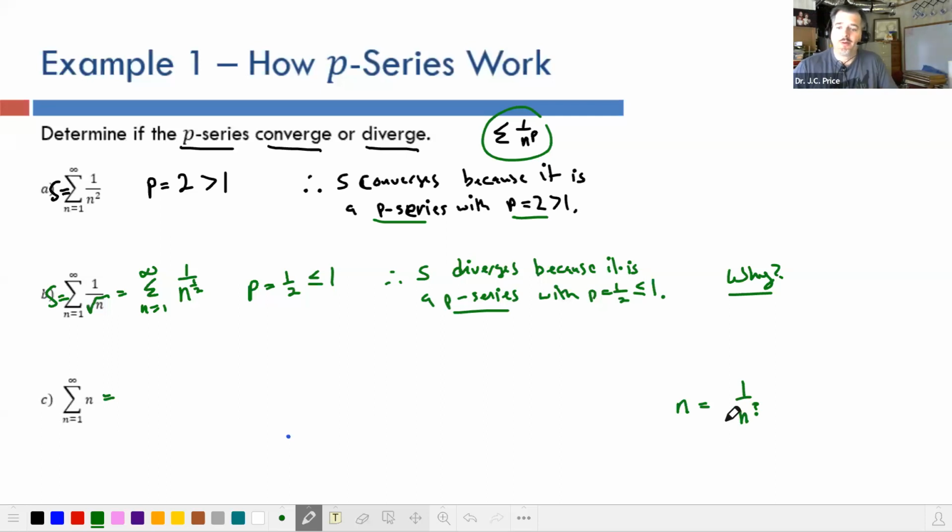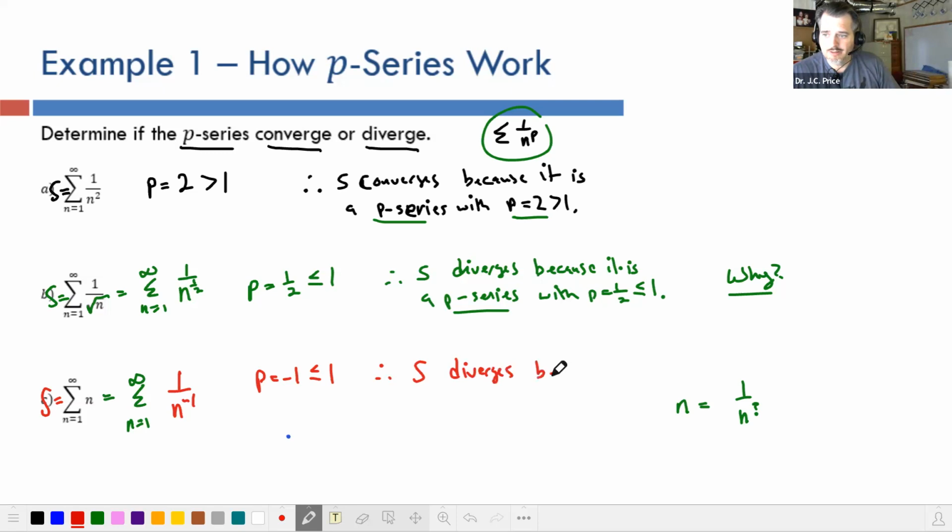Think about that for a minute. And so this will be equal to the sum, n equals 1 to infinity. Let's use red here. So it's my series S. And that's 1 over n to what power? And hopefully, oh, it's just -1. If you put -1 there, it shoots it back up into the numerator, and you just get back n. And so now p is equal to -1, which of course is less than or equal to 1. So therefore, S diverges